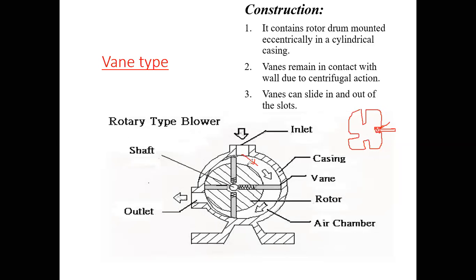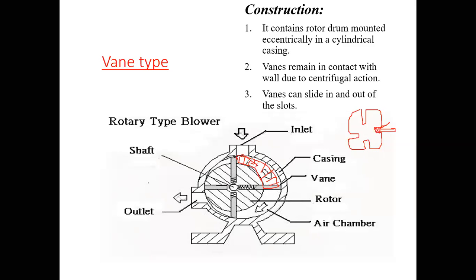So a constant amount of air will be entrapped in between these two vanes. This much amount of air will be trapped inside these two vanes. As this disc is continuously rotating, the vanes also rotate along with it. And when the vanes rotate, here we get enough volume so that the air will not be trapped. So basically there will be no pressure rise inside this passage.